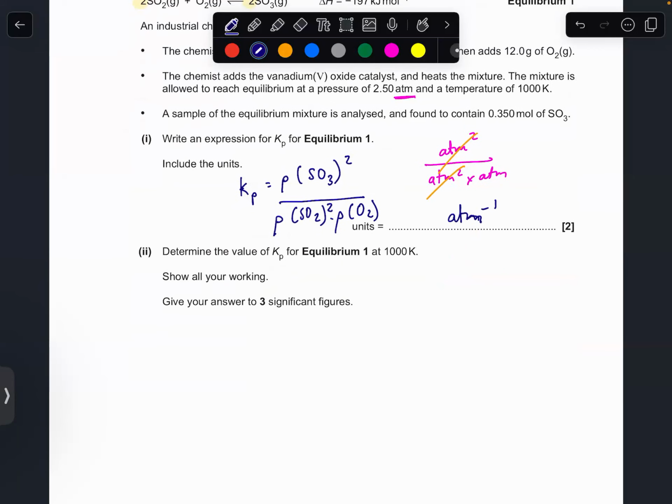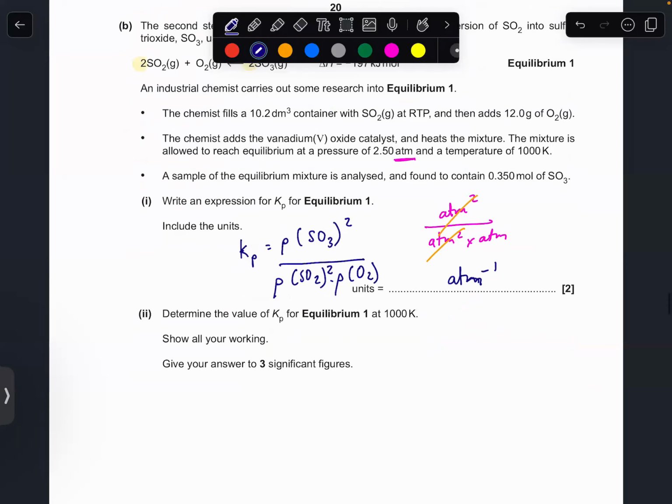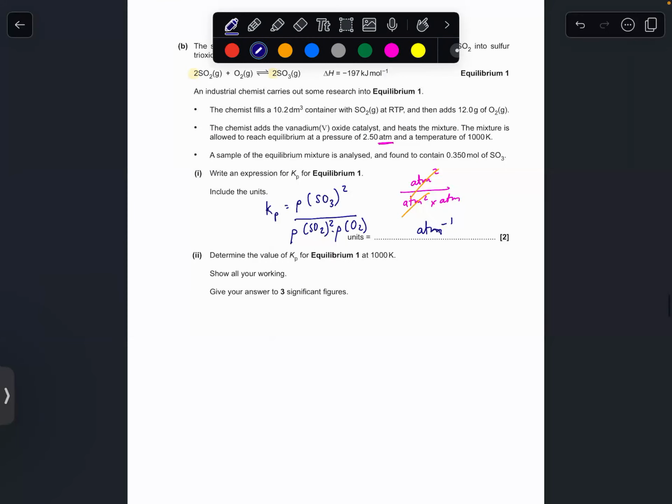Determine the value of Kp for the equilibrium at 1000 Kelvin. Show your working out. You see, we're going to use an ICE table. Why are we going to use an ICE table? Because there's a before and after thing happening here. I is initial, C is change, E is at equilibrium. It tells you in the question that initially